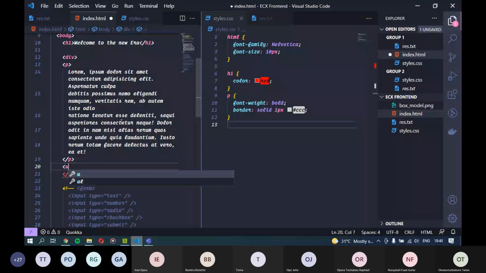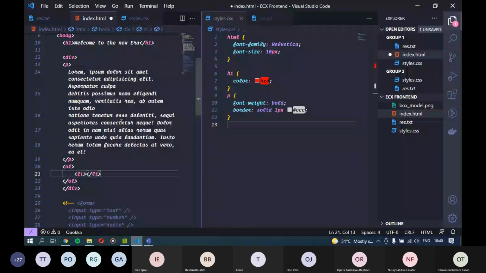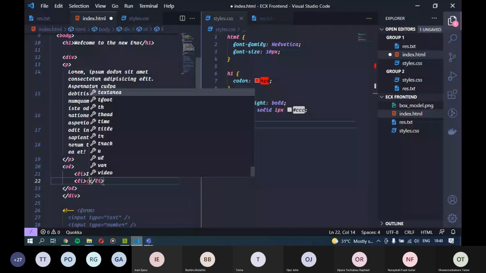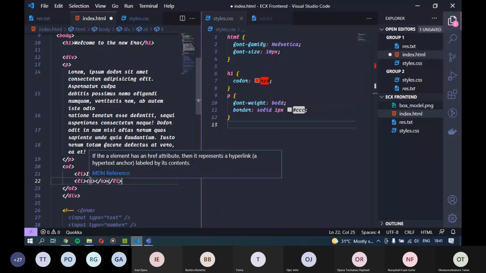and an ordered list, and inside of the ordered list we have an li. Let's say here we have item 1, and inside of the second one, I know most of you will be tired now because you've been here for about 2 hours, but just bear with me, we'll soon be done. So here we have an A tag. Now, let's say we wanted to assign this particular A tag. Okay, let me give it a text. Let me say Google.